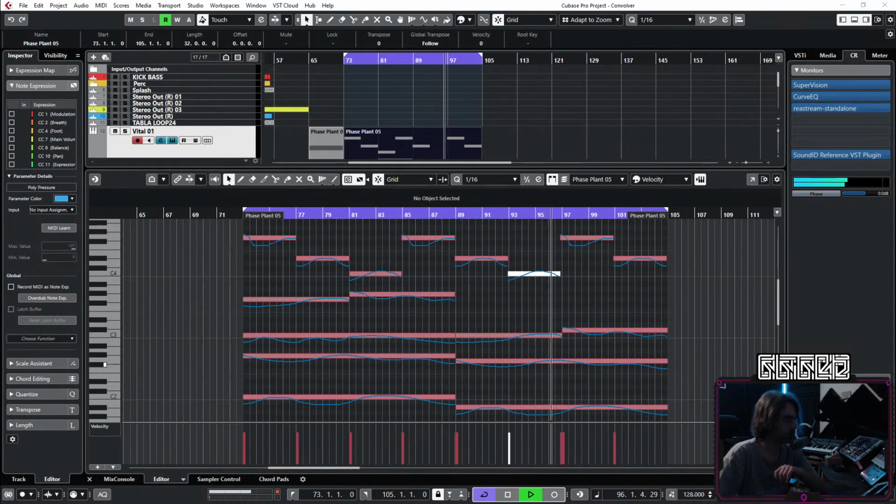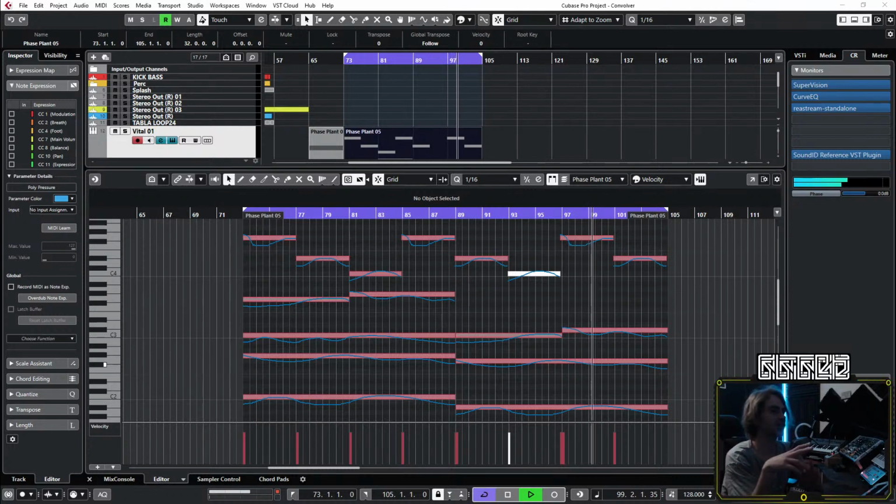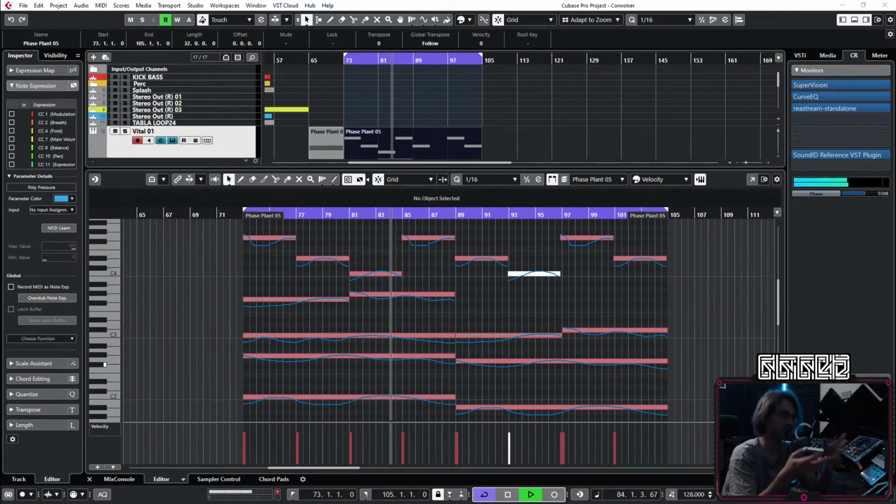So that's the kind of cool thing about MPE. One of the whole reasons why I've been so enamored by modular synthesis is that the ideas in modular synthesis break away from the confines of a DAW. Stuff like MIDI, you know what I mean? As much as it's the enabling tool that enables us to create the music that we create, it's also a very limiting thing when we think about the fact that